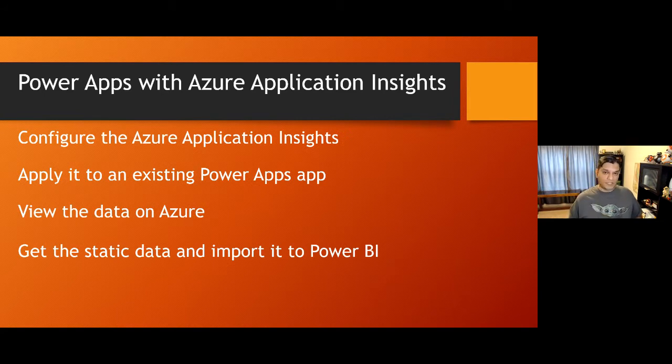I'll go into Application Insights and create an insight, and we'll get something very important called a token. Then I'll take that token's connection and apply it to an app, and I'll show you how to do that. After that, I've got some examples of how I've got this running in a few of my apps, which I've been playing with a lot.